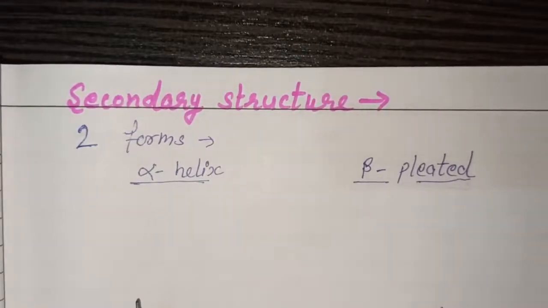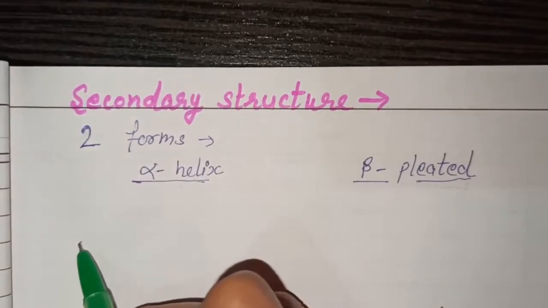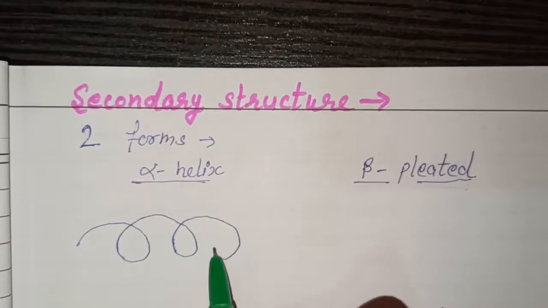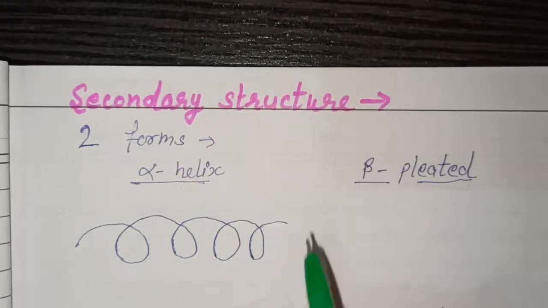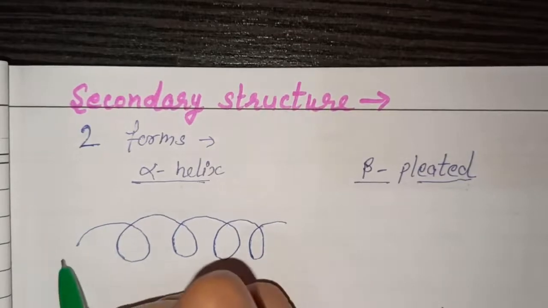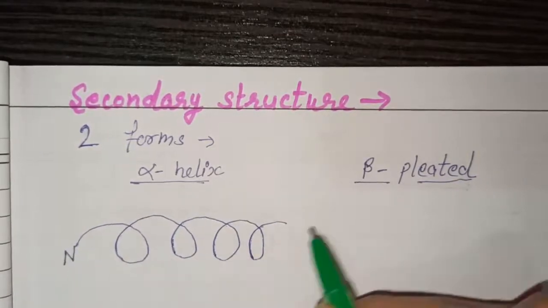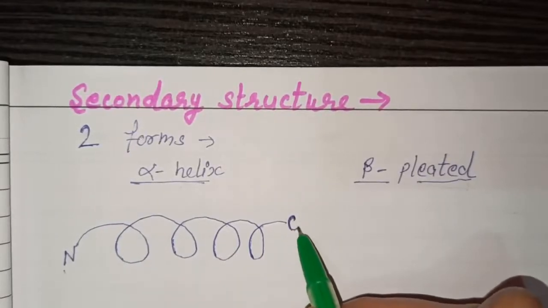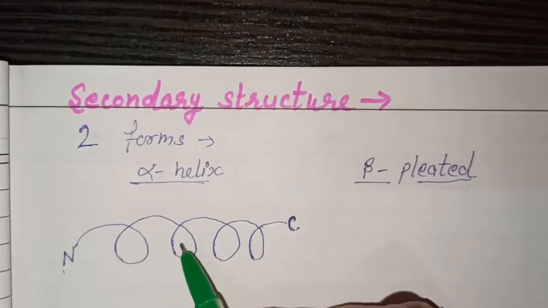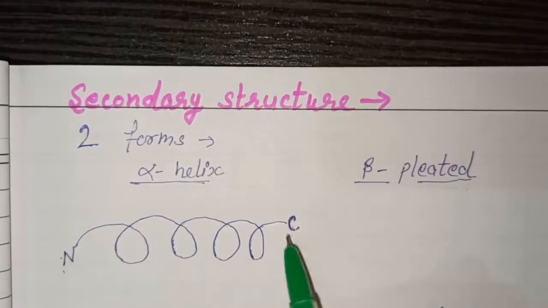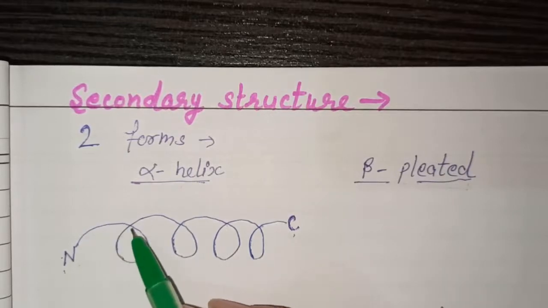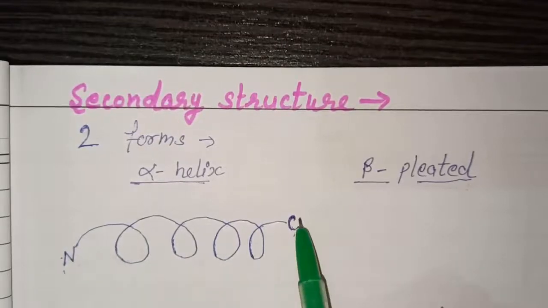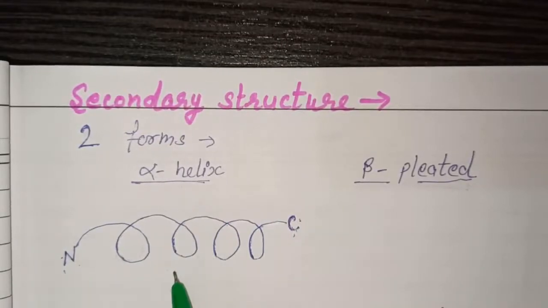Okay, in alpha helix structure, a structure like this will be formed, like protein polypeptide chain will fold like this. Okay, this is N-terminal and this is C-terminal. You know about this, where the amino group is free and carboxyl group is free, right? So in a linear chain of polypeptide, these two ends are there. Okay, so when this linear chain forms this helix, these two ends will be there. So this form is called alpha helix form.